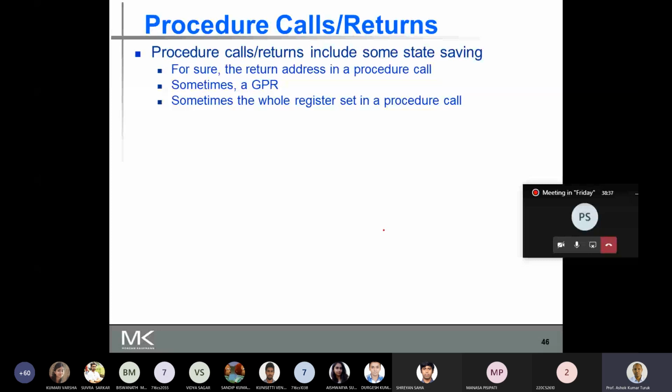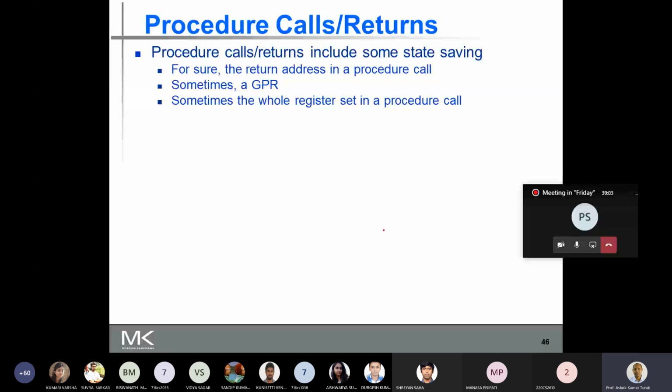In almost all procedure calls, the return address must be saved. And we know that this happens in every procedure call. The return address must be saved somewhere, in some special purpose register or some other location, so that you can retrieve the return address when the control is to be transferred back from the procedure call.